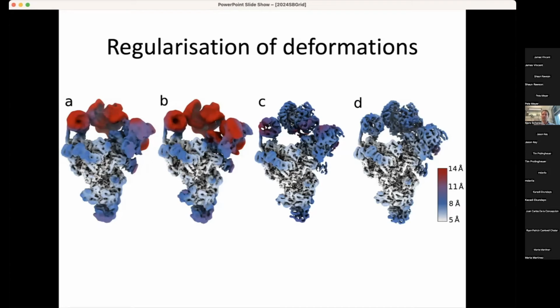There is much less prior knowledge than in all the atomic models that went into panel D, but you can see that you can still get a very good reconstruction. The reason we did panel C and not just panel D and called it a day was, again, that we were worried about model bias injected from atomic models into the regularization.